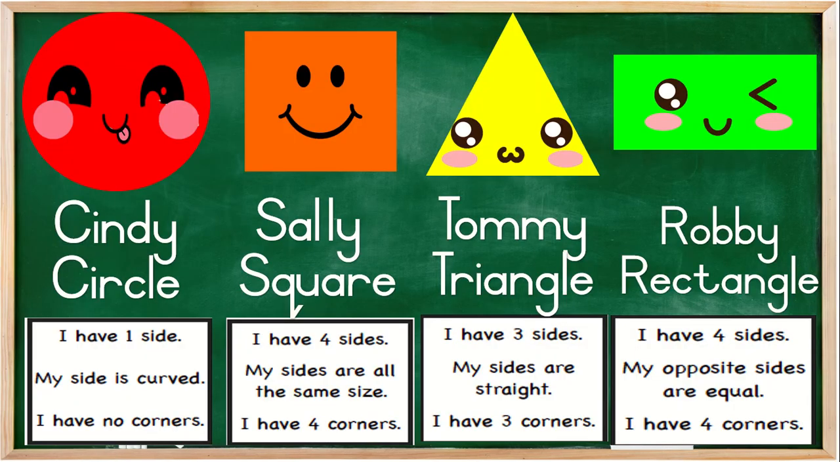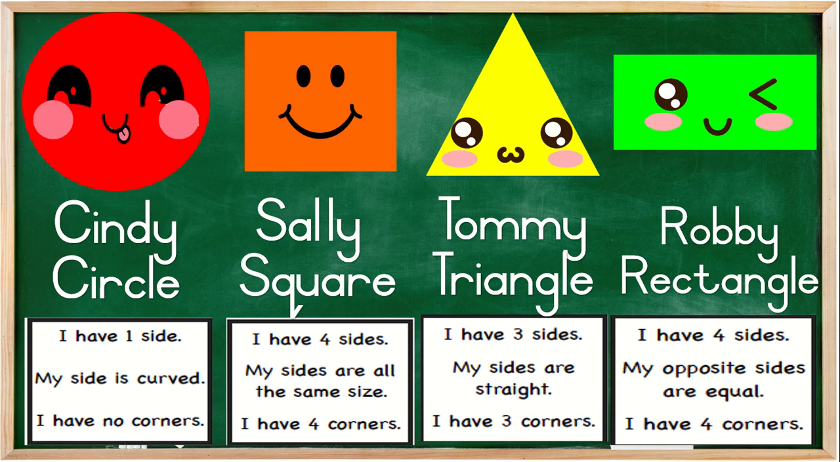Yesterday we met 4 friends. Cindy's circle, she has one side, the side is curved and she has no corners. We also met Sally square, she has 4 sides, her sides are all the same size and she has 4 corners. Then we met Tommy triangle, who has 3 sides, his sides are straight and he has 3 corners. And lastly we met Robbie rectangle, who has 4 sides, his opposite sides are the same length and he has